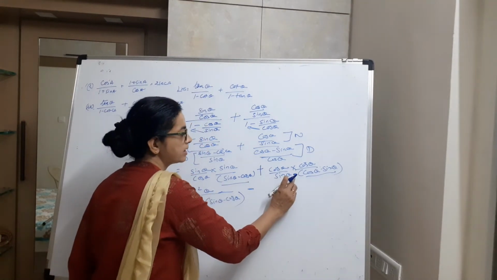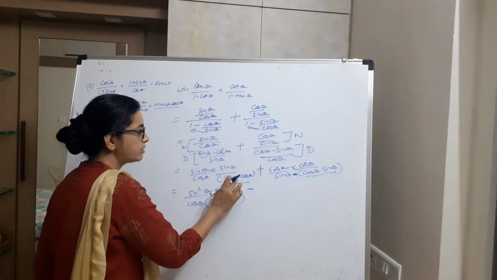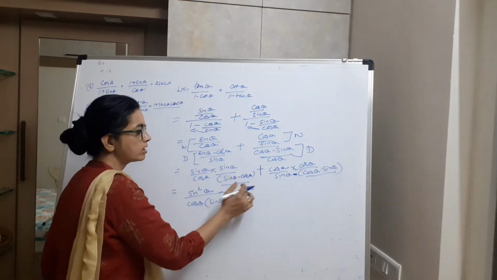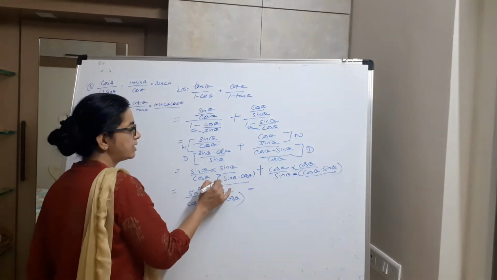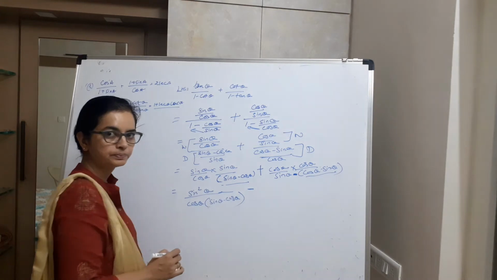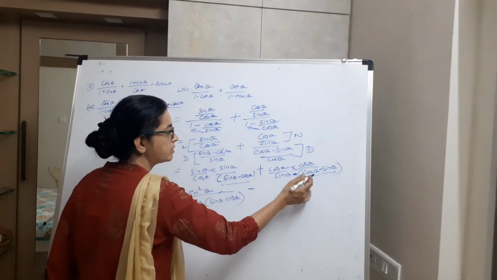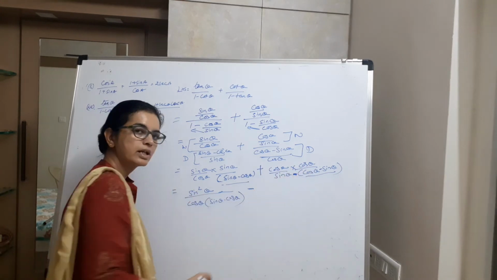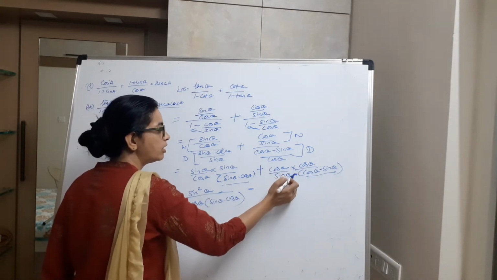How? Now you see, minus into cos theta is minus cos theta. It is matching this one, minus cos theta. Similarly, minus into minus is plus sin theta. It is again matching this sin theta. So minus into minus, you see that sin theta is becoming positive and cos theta is becoming negative. So whenever you want to interchange, we put the symbol of minus.